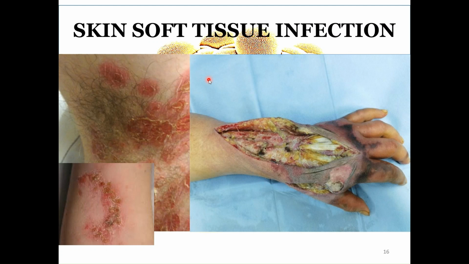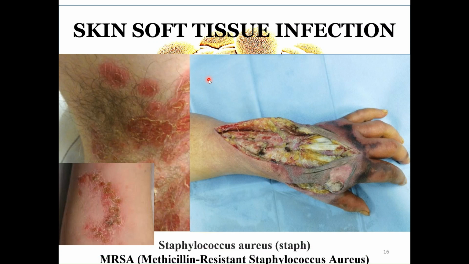The next one is skin and soft tissue infection. Generally, if the infections are normal to moderate, we never call that a skin and soft tissue infection. But if it spreads beyond its level, like skin burn or severity, then we call that skin and soft tissue infection. Generally it is caused by Staphylococcus aureus, and the severe infections are caused by methicillin